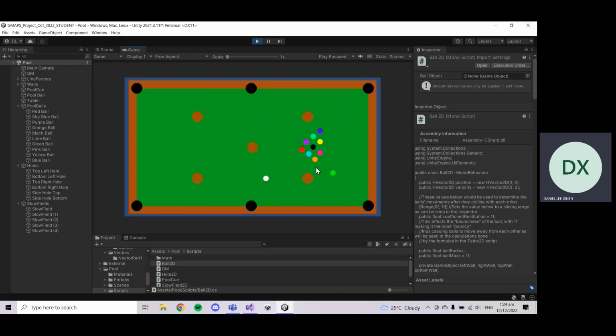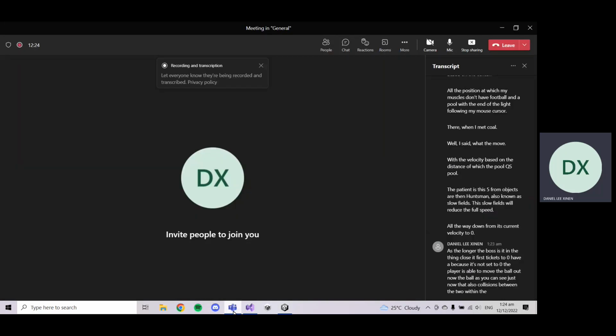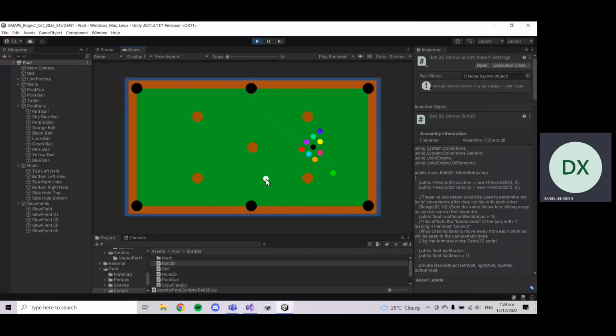Now, as you can see just now, there were also collisions between the multiple balls. Apart from that, balls are also able to collide with each other. Now, moving forward, it is difficult to probably aim a ball into the hole. What I'll be doing will be to send my white ball straight into the hole, and as you can see,